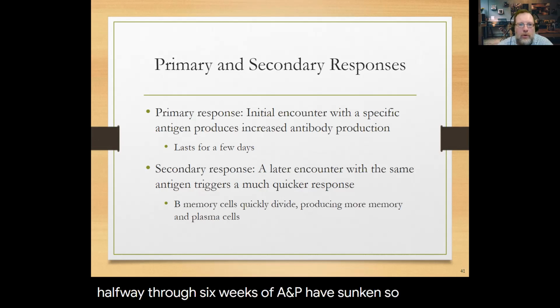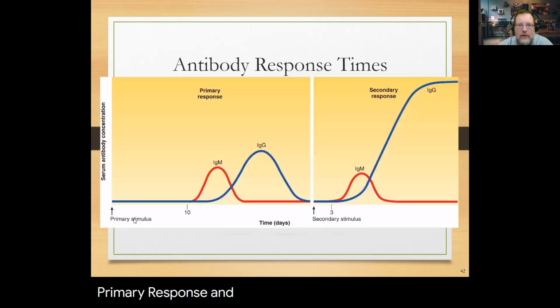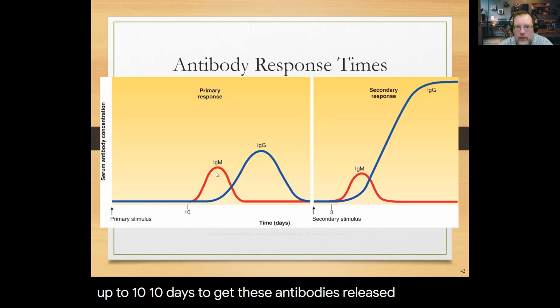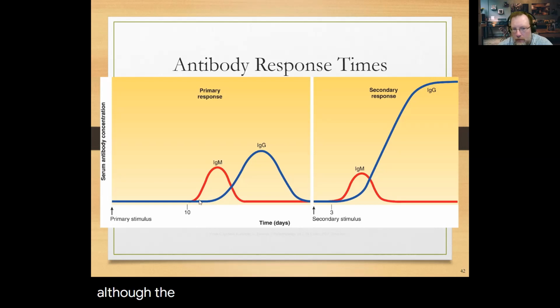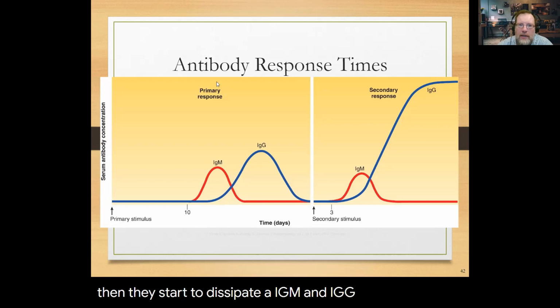So anyway, primary response and secondary response. Again, that primary response comes after a stimulus, and it can take up to 10 days to get these antibodies released. And notice, they'll maybe hang out for 3 to 5 days, and then they start to dissipate. Okay, IgM and IgG, that's from an initial stimulus. Now the same